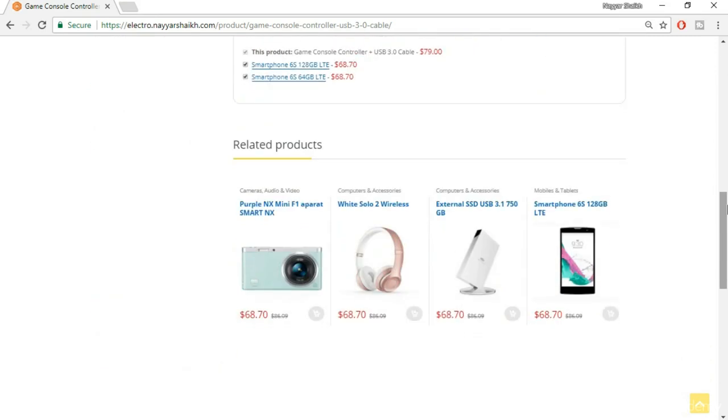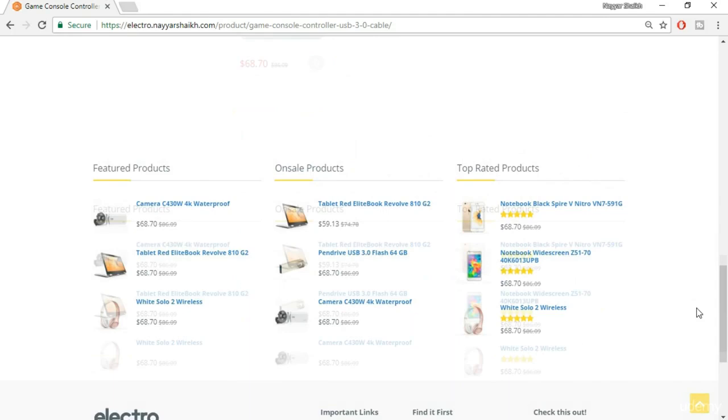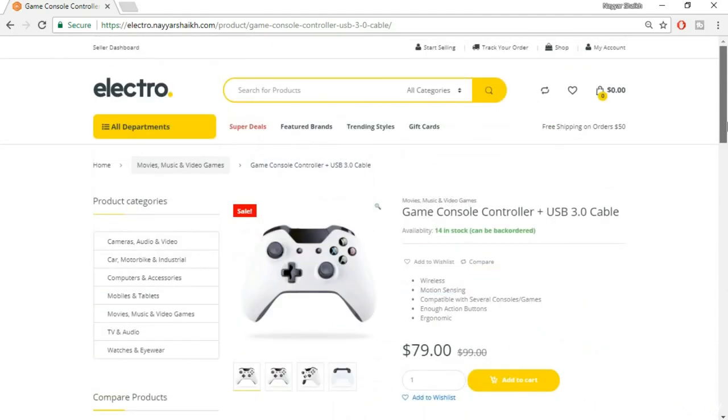This is also important. When the person is searching for one product, he also wants to see different products which are related to that product. So basically, when the products are from the same category, those products will be shown over here under related products. So the user can purchase different products from here. Okay, then we have different options. We also have a compare option. You can add two products in compare, and then you can click on this compare button and you will get a comparison of those products.